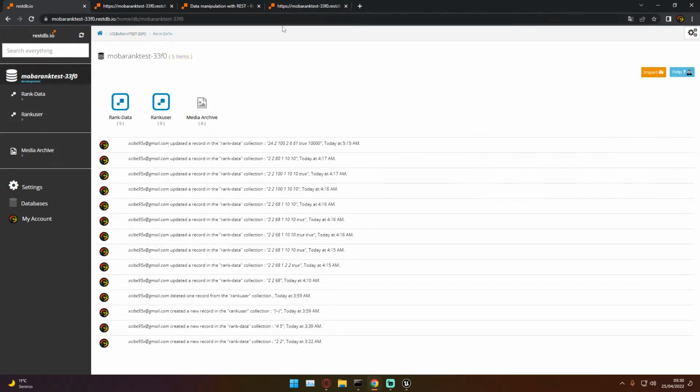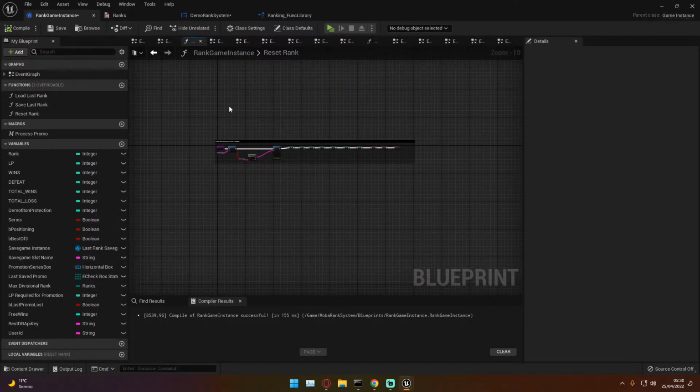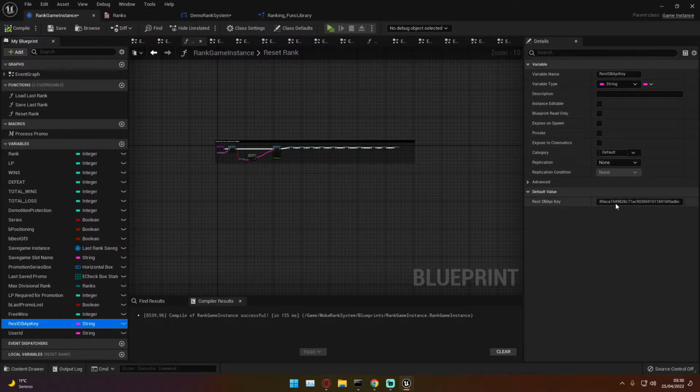Now, as a bonus, before I quit and go to sleep, I have prepared a little thing, and this is a special. I generated an API code from Riot Games, and I'm gonna place it in there. Okay, this is the provisory Riot API key, so don't bother stealing it. I'm gonna compile and save,